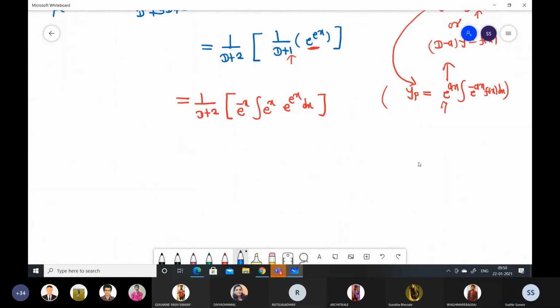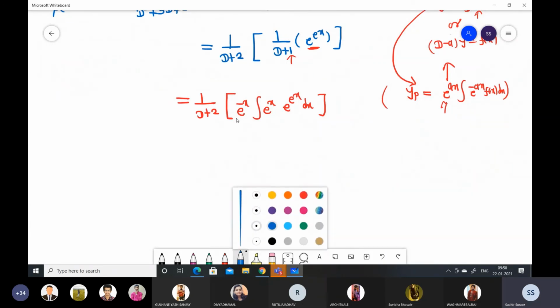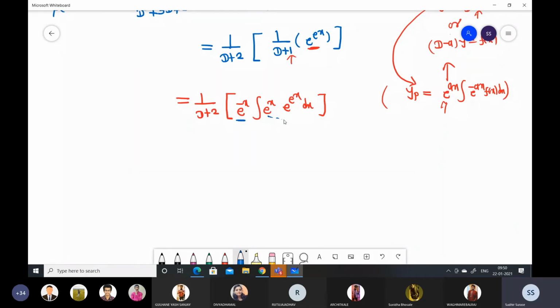Yes. So outside there is an e to the power negative x. We don't have to do anything with this e to the power minus x. Just focus on this term. So I can solve this in 2 ways, by using the formula or by using the substitution. So let me explain this with the help of substitution, okay? So we are looking for this integration. So put e to the power x is equal to t, okay?